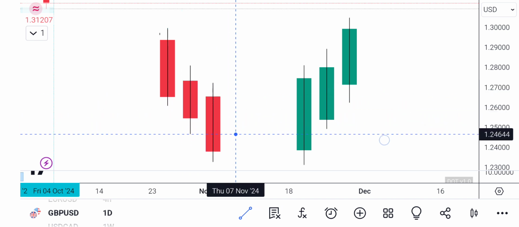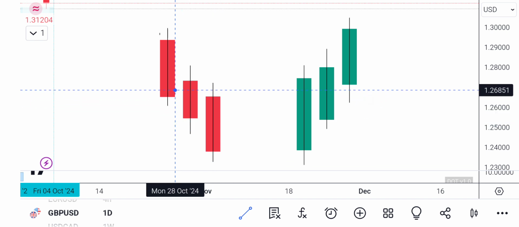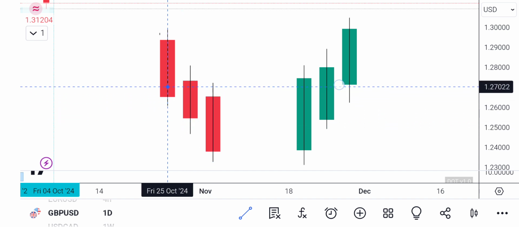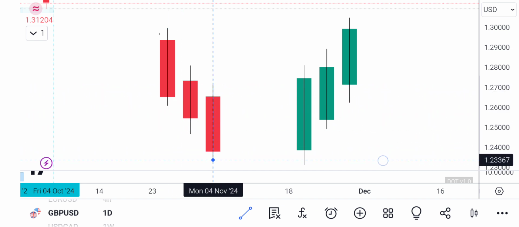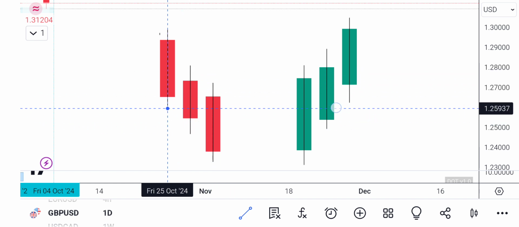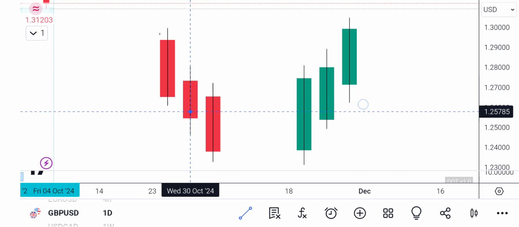Now, in a well-delivered price market, or in a well-delivered price action, we want to see three candlesticks like this being closed efficiently, where the wick of this candle or the low of this candle trades into the body of this other